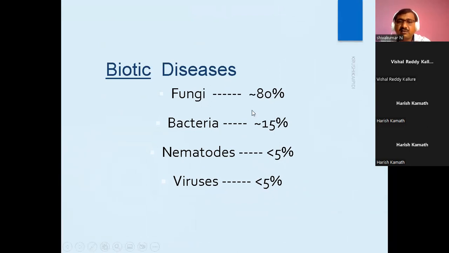If there is a fungus disease like rust or some spots or blight, there are a lot of symptoms, and it can cause up to 80% of the crop loss. If there is a bacterial attack, it can cause up to 15%, in some cases even 100%. On average, bacteria cause 15% of crop loss. Nematodes and viruses are less than 5%, but if there is a virus, there can be a 100% loss. So for that, you have to take some precautionary measures to avoid these factors at farm level.